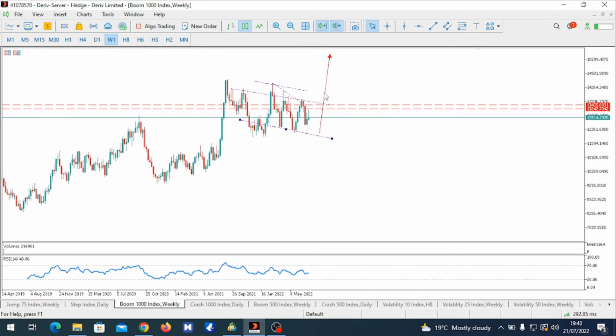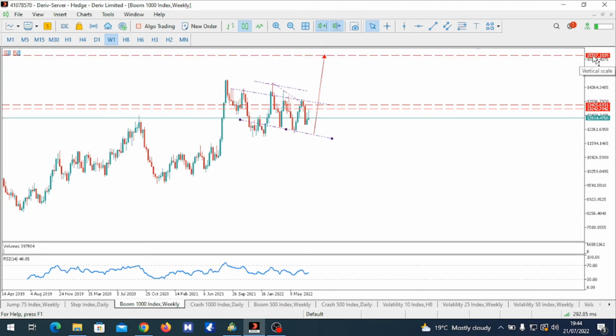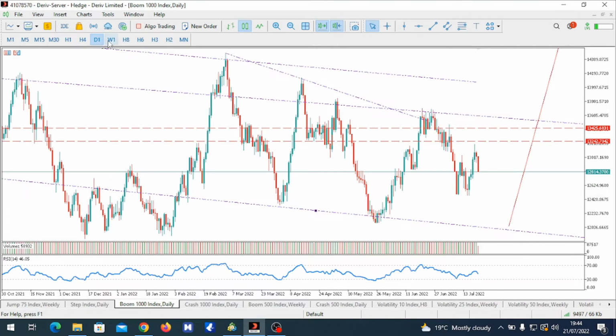So this trade comes with two scenarios. There's a probability that price may crash back down to retest this area of support, after which then it will give us a long-term entry to cover the same move up to the 157.1839 area. However, another scenario now which I'm looking at right now is on the daily chart, and there are